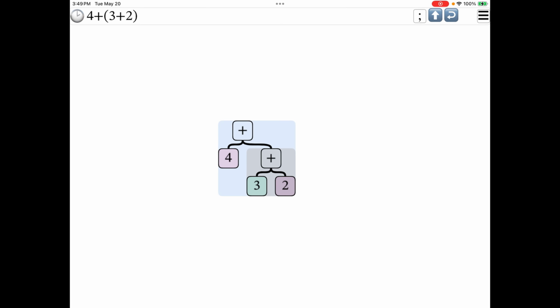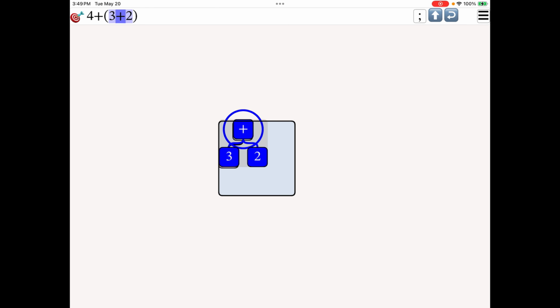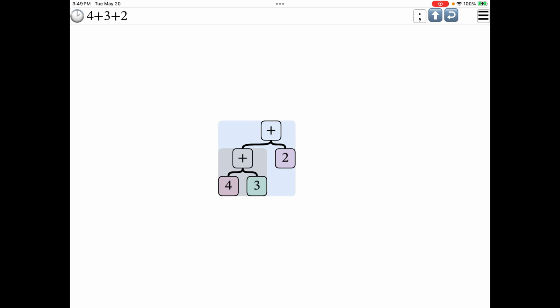Drag the lower plus up onto the upper plus and drop it there. Remember, you must be on target when you drop. DragginMath knows this means you want to use the associative property, so it rebuilds the tree and the text to show this result. There are still 2 plus symbols in the tree, which now has a different structure, but it means the same thing. This ability to change structure without changing meaning is what algebra is, and this is what